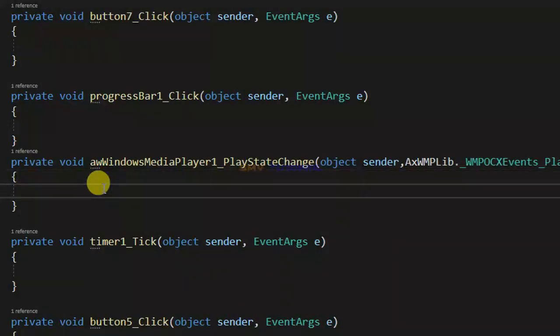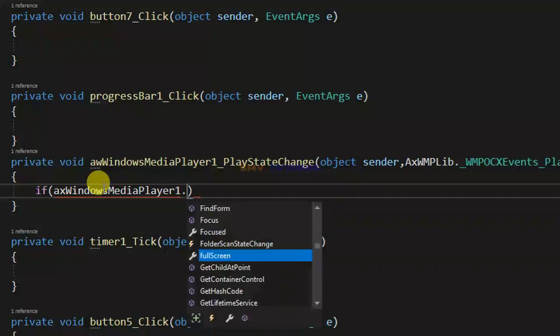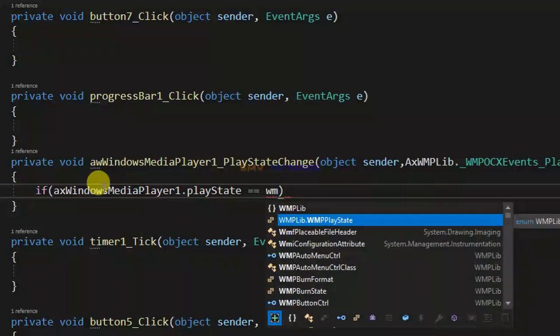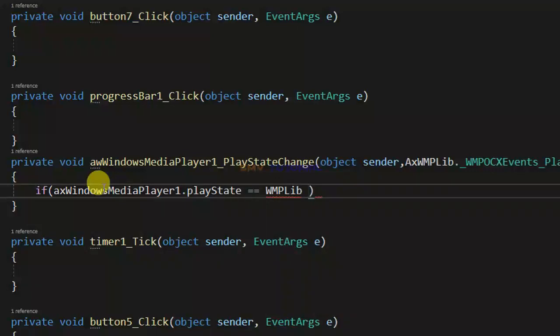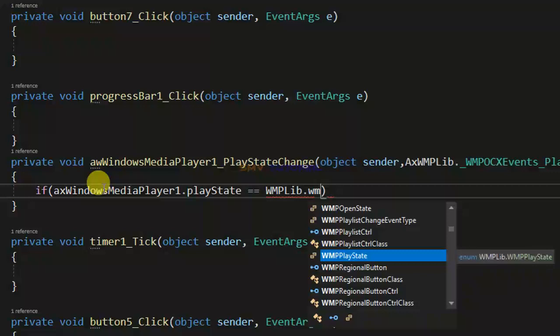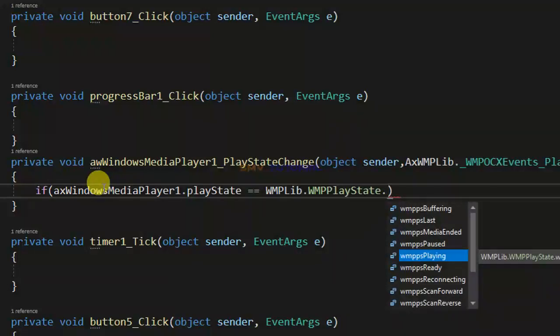I type the code: if AxWindowsMediaPlayer dot playState equal WMPLib dot WMPPlayState dot next WMPPS paused